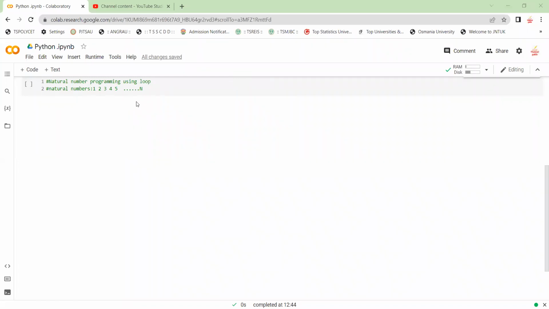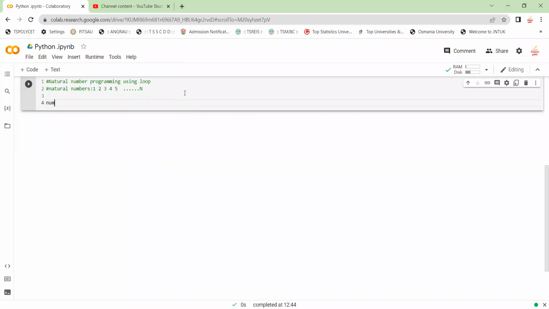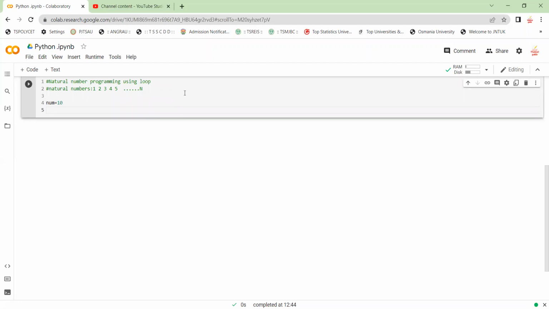Now if you want to print these numbers using the Python programming language, we need to take some kind of input, and based on that input you have to find it out. See here, I have written the name of the program using a hash comment. Natural numbers begin with 1, 2, 3, 4 and so on up to n. Now let us declare a variable num, equal to, by default, 10. Here what I want is to get the natural numbers 1 to 10 using a loop. So for is a loop, and here i is a variable in range. For i in range,